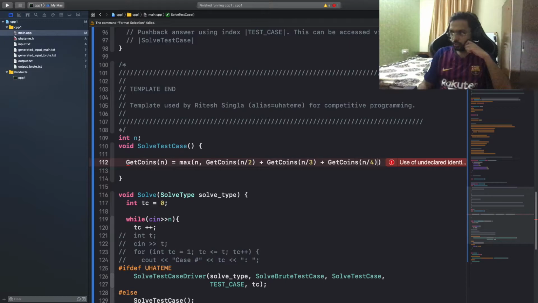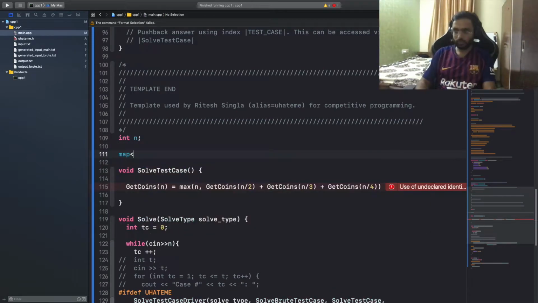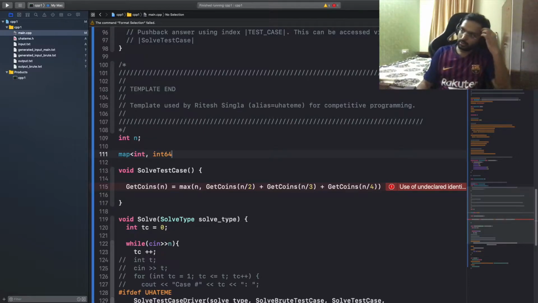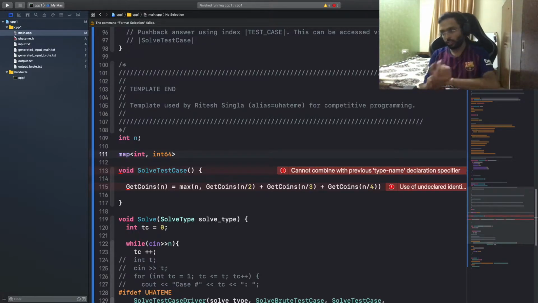The solution should be about log square of log of n. We will come to the analysis later on. The base case should be n equal to 0, return 0. So let's try implementing this. I think we would need a map because we would actually be going with the top-down approach. We would need to skip all the values for which we are not interested. Only this will make our solution logarithmic.